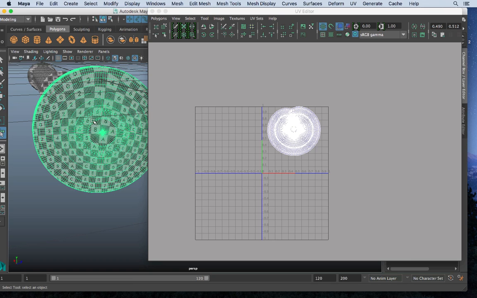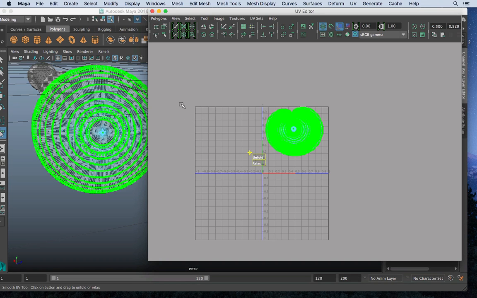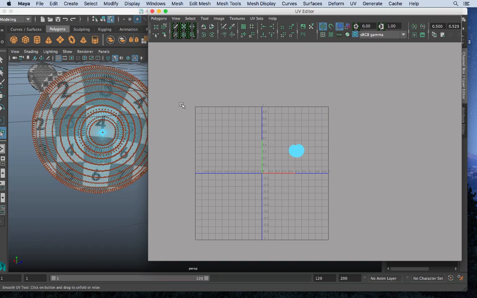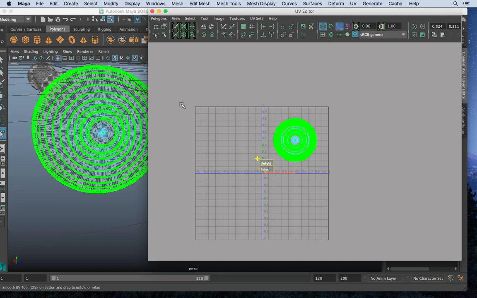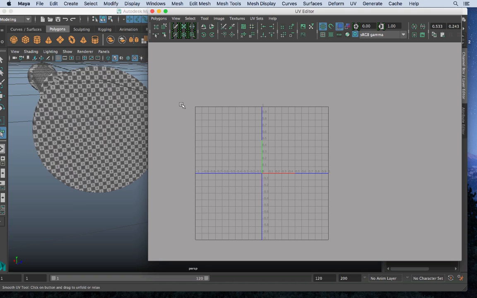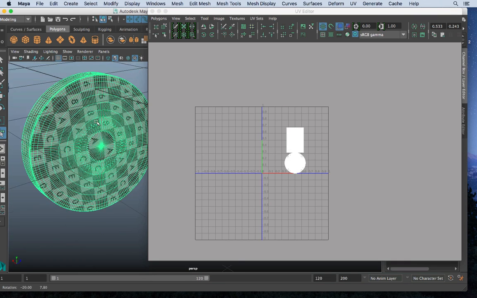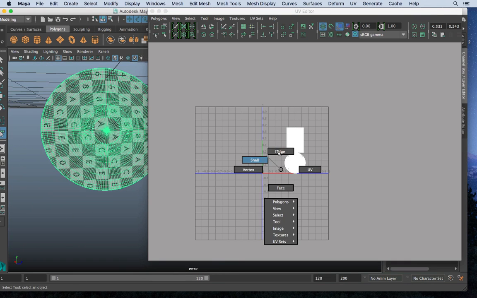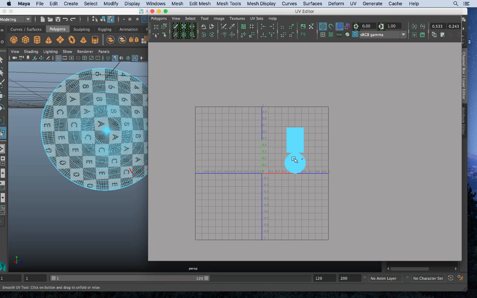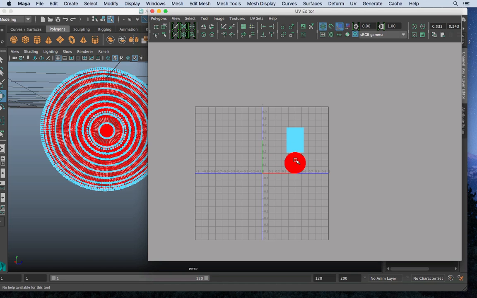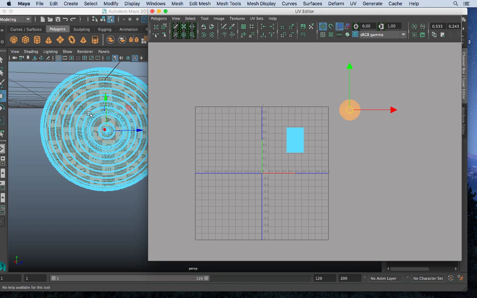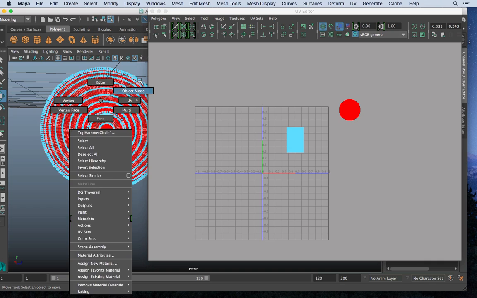The other option is to break it up into more manageable chunks. So let me go ahead and go all the way back to the beginning. You can just hit Command Z. It's not going to hurt anything, I promise. I'm hitting Z, and we're going to go all the way back to here. And we can utilize the different pieces depending on the texture. So if this is already laid out, which it looks like it is,